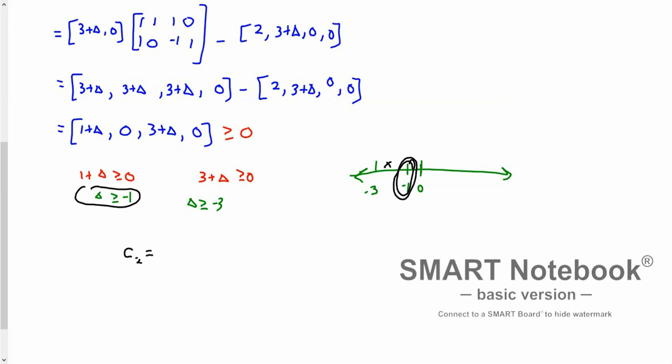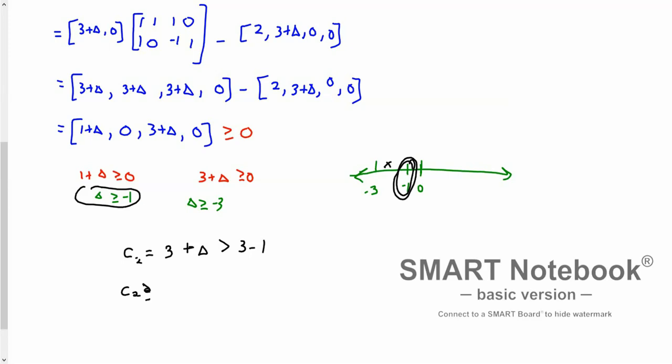And what we need this to be is we're adding delta to it. Well, delta happens to be -1. Our delta needs to be greater than or equal to -1. Let's say that. So let's write it in this way. Delta has got to be greater than or equal to -1. So our cost has got to be greater than or equal to, so let me change that from an equal